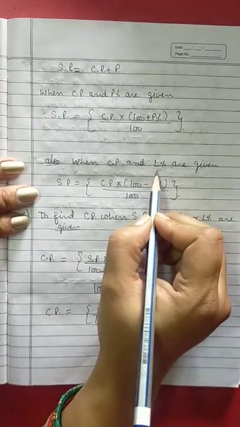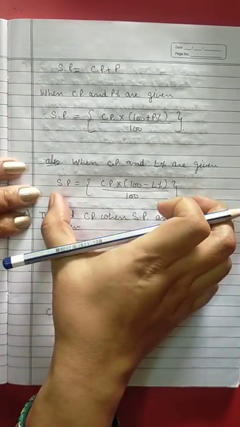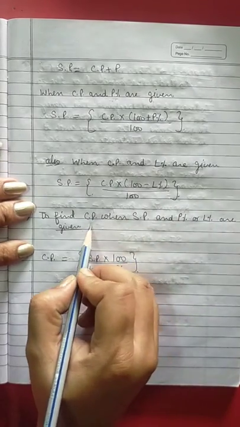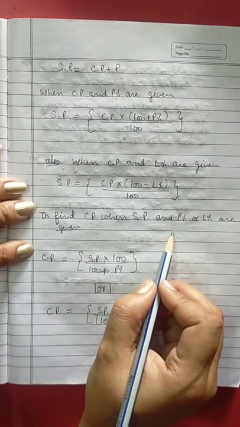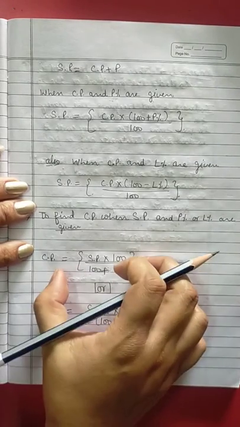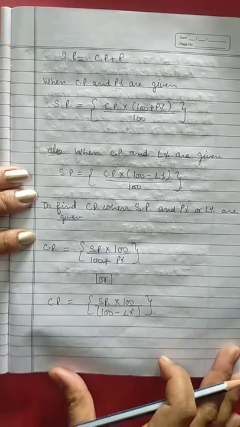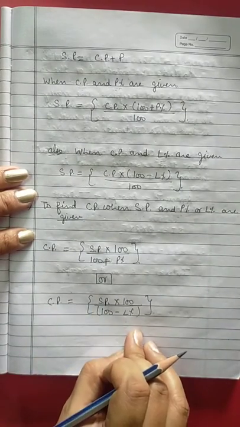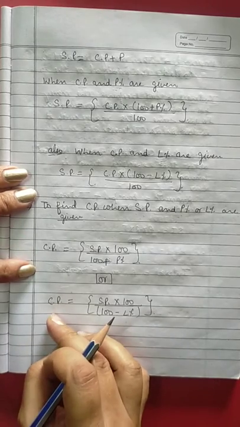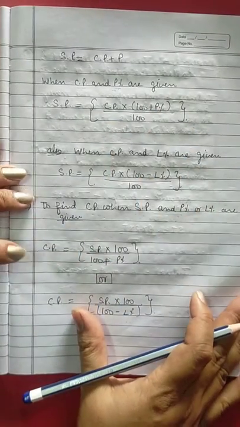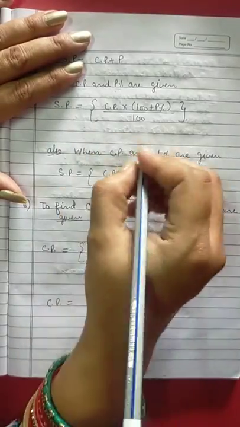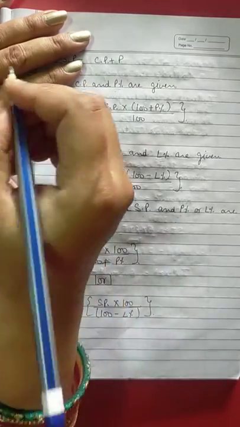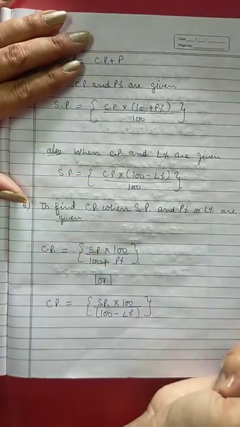Or when you're having loss percent also with cost price, you can apply this one formula and you can get it also. And see here, same here, when you have to find out the cost price and these values are already given to you, selling price and profit percent, you can apply this one formula. Fine. Or loss is given to you, you can apply this one formula when loss and selling price both are given to you and you have to find out the cost price. See, these formulas you can learn, otherwise you can solve step by step, you can also simplify, but that method which you are going to use, step by step solution of the sum, that is easier. Fine.